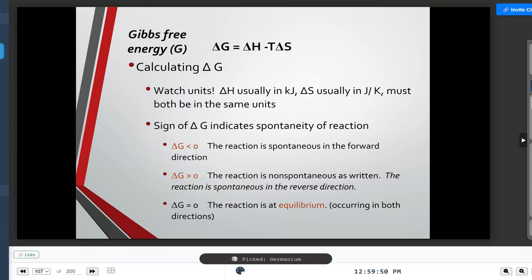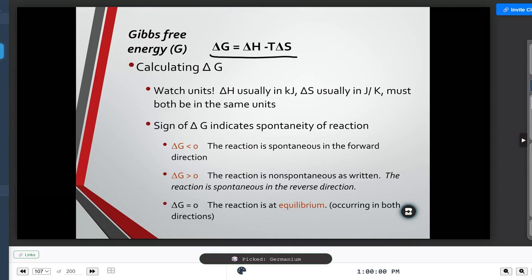Okay, so here's our formula. Delta G, our Gibbs free energy, is equal to the enthalpy minus the temperature times the entropy. Okay, and again, we're noticing that we have deltas in front of all of these, right? So we've got these changes taking place. We're measuring the changes. So the change in Gibbs free energy is equal to the change in enthalpy minus the temperature times the change in entropy. Remember to convert from your joules to your kilojoules as you're doing these equations. This little guy is going to be given to you in joules. Make sure you convert it to kilojoules, okay?